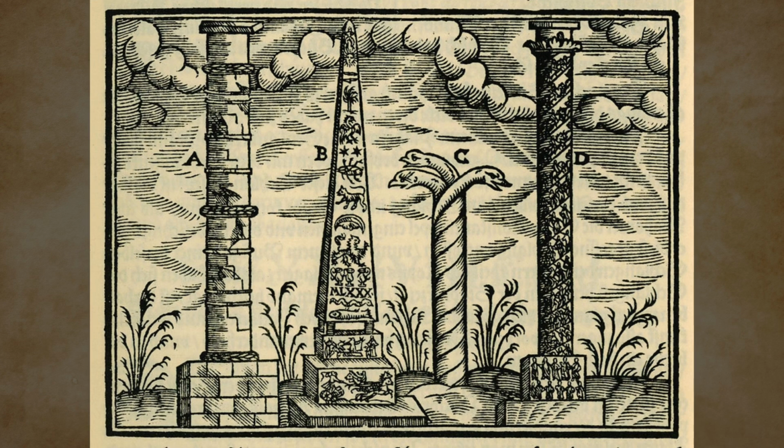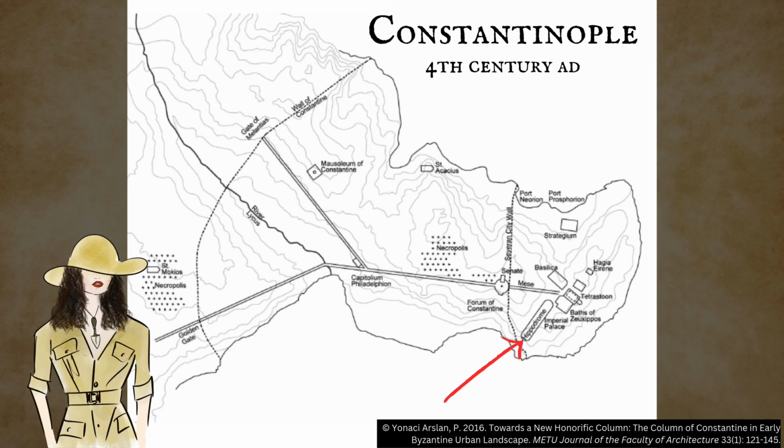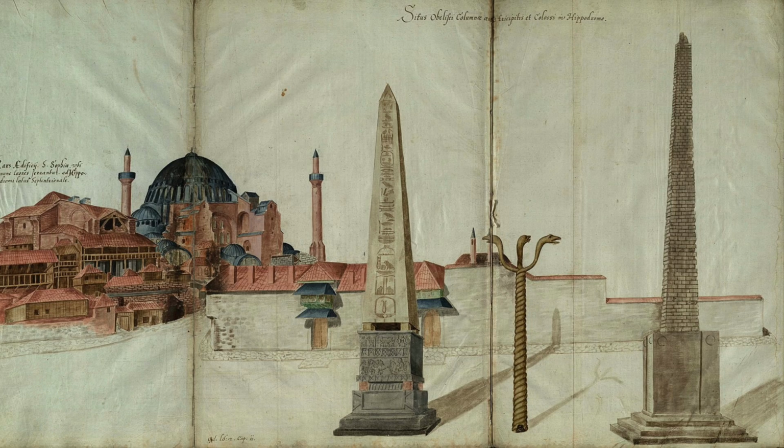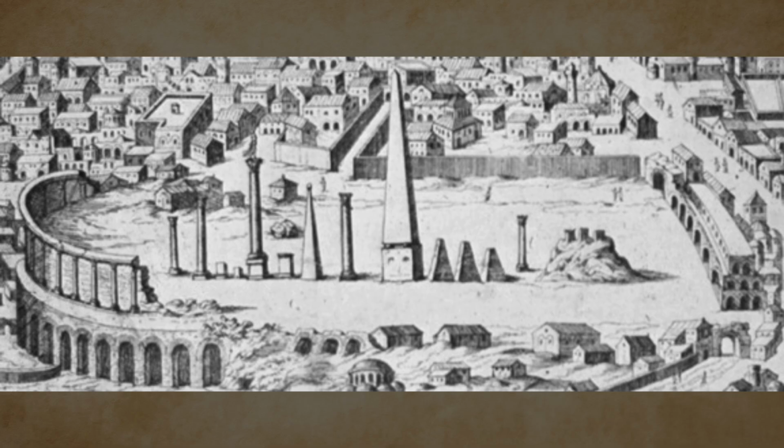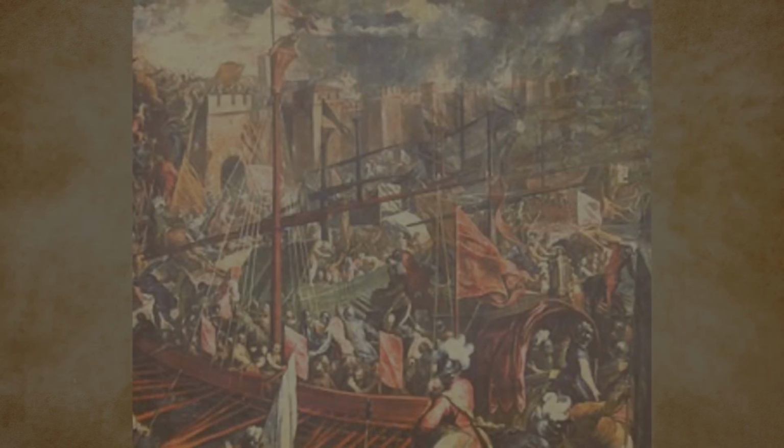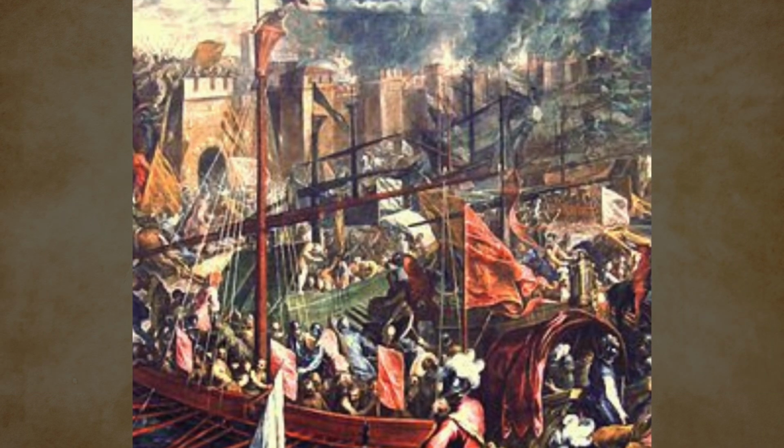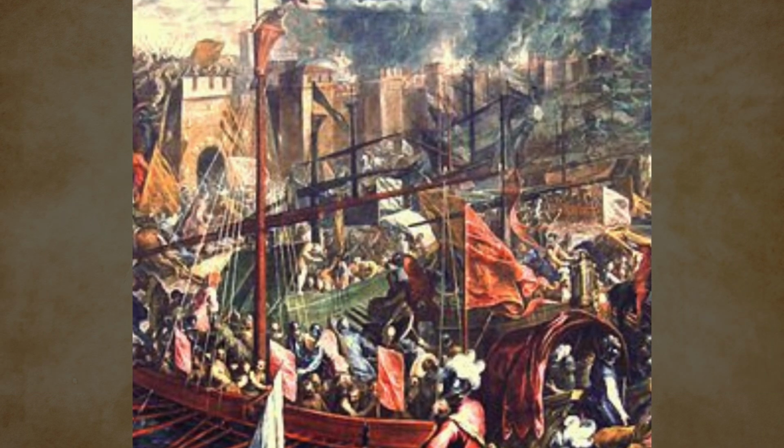So we see, for example, statuary being brought from other parts of the empire to furnish this new capital. The Hippodrome was just one of the recipients of this decoration program. Some of the monuments were placed there by Constantine, others were placed by later emperors. We can see some of these statues in old maps and drawings of the Hippodrome, and they're documented in some literary sources. But only vestiges of the monuments themselves survive today. Most were destroyed in 1204, when the city was sacked during the Fourth Crusade.